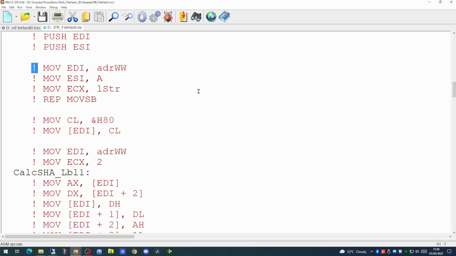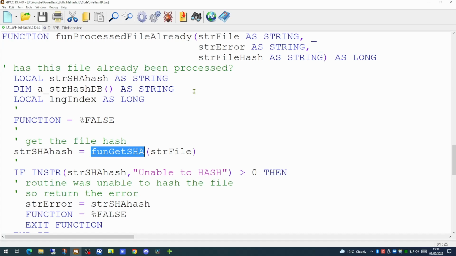This approach in generating hash numbers for files in order to determine whether the file has indeed changed or not is also used by things like virus checkers, to see whether a binary has actually changed since the last time it was scanned. Using this approach, it does make it much easier to determine whether a file has indeed been seen before or not, regardless of the type of file. You don't have to put any special handling in, you merely have to call the routine and get the hash number back. And once you have determined that the file has indeed not been seen before, you're then free to do additional validation on the file and then import it into your system.